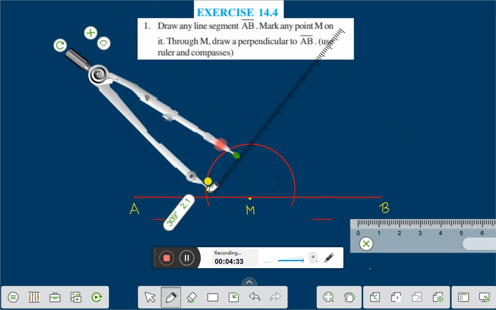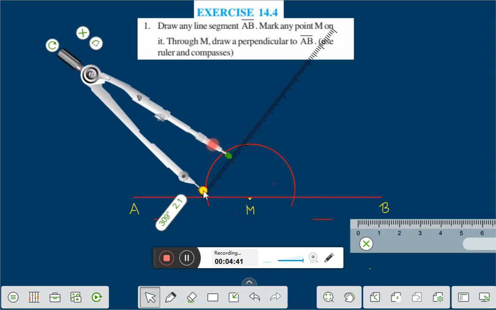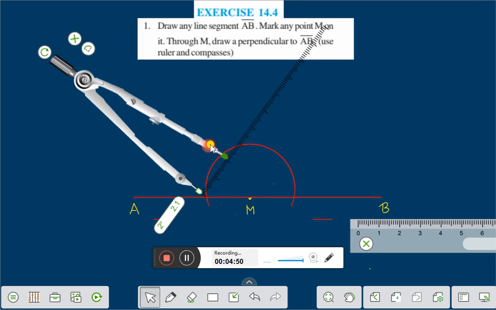Take this pointer on this arc, and make an arc here,